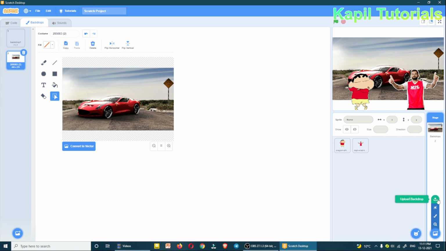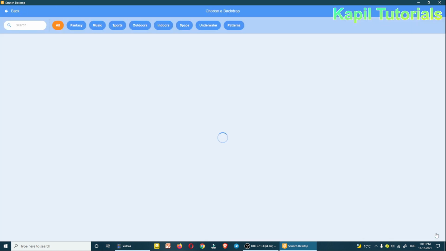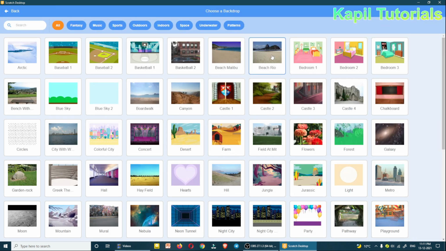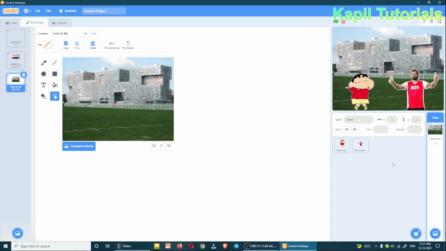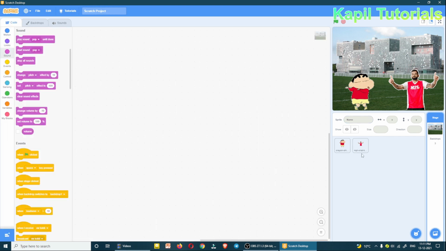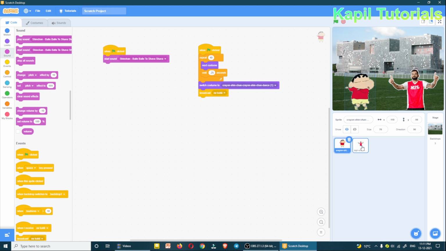Just for explaining purpose I am telling you, otherwise the backdrops can be taken from here also. Any backdrop I can take, and the basic purpose was to teach you how to work with this.